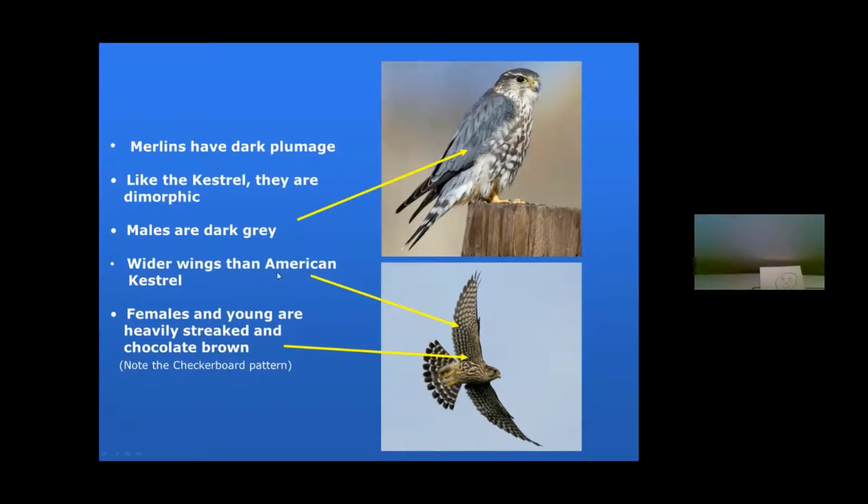They're what they call dimorphic, which means the males and the females look different. The females are brownish and the young are heavily streaked. For my eye, most Merlins, when they fly, regardless of whether they're close or medium or far away, just look dark underneath because of the heavy barring. On the male, heavy barring here. The checkerboard pattern is very distinctive on all of them. So they look like a dark bullet bird going through your field of view. But again, the pointed wings give them away, and they do have that mustachio stripe.